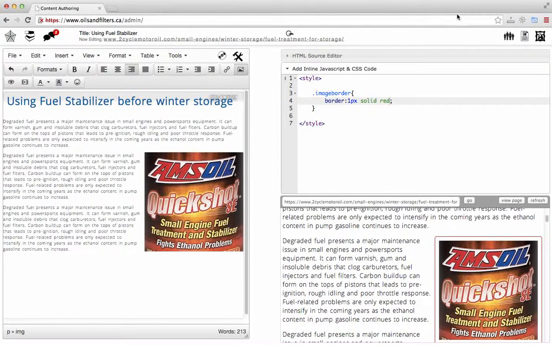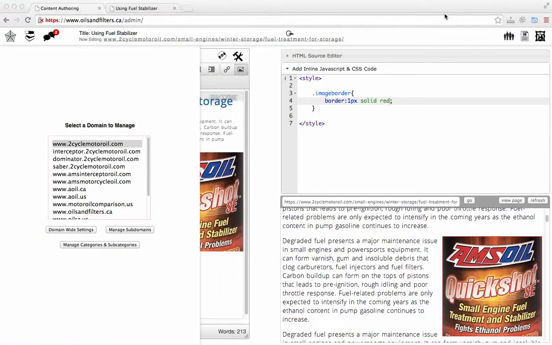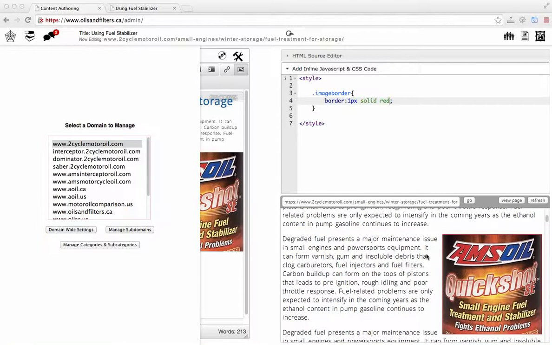Just give me 1 second. I just cleared the memory of the browser. I was working on this before, and I did the border before, and the border was showing up. So I just cleared the memory, and now I refreshed it, and as you can see, we have a thin 1 pixel red border around this image,